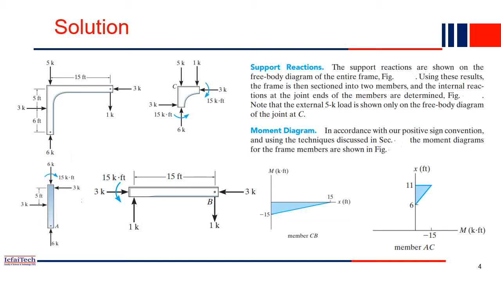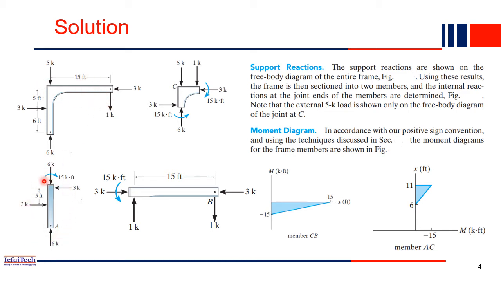So this diagram you saw, just now we have derived the reaction forces of all the supports. The vertical one is 6 kN, the horizontal one is 3 kN, and this 1 kN is acting. Now we will split this entire frame into 3 parts. This is the first part, the column part, the second part will be this joint, and the third part will be this beam. So let's do it.